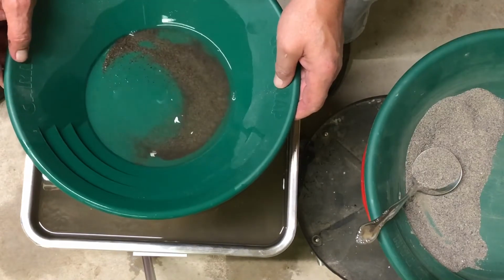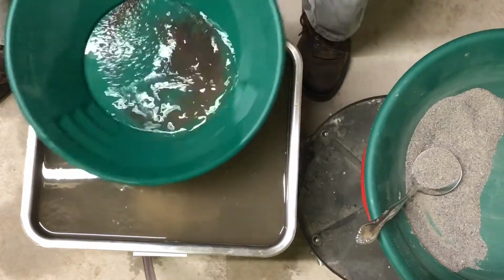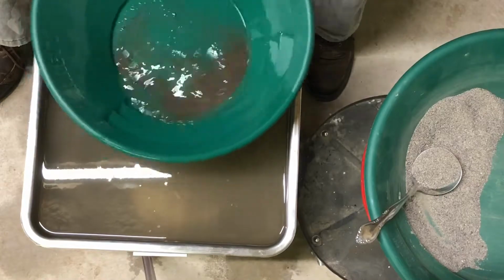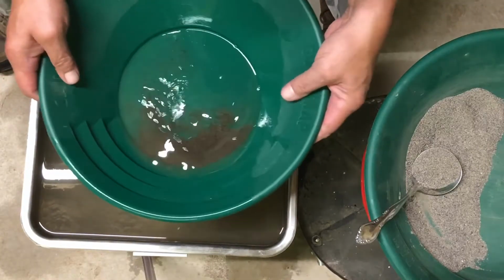Oh man, this is the very first pan I've seen with no gold. Let me try this again. I had a little after supper beverage, so I might need to rethink this. Anyway,